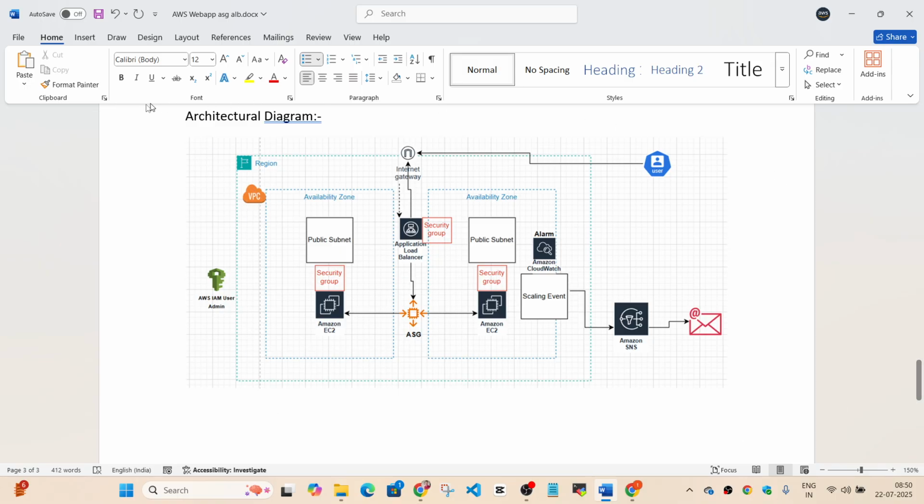Any doubts in this? How did I explain it and how you are going to explain it? If someone asks you about a particular project that you have done, this is how you can explain this. You should have this diagram in your mind, and then you can explain this to the interviewer that this is the project that I have done, and this is one of the real world projects that you can say. Any doubts? How did I explain it, and how you are going to explain it in the interview?